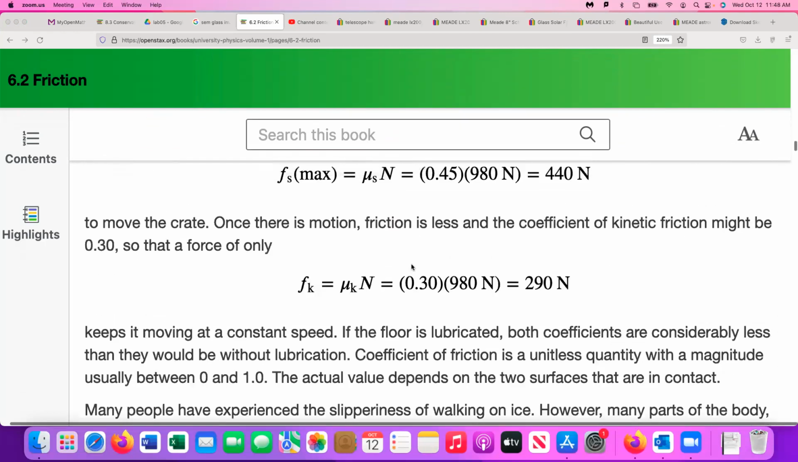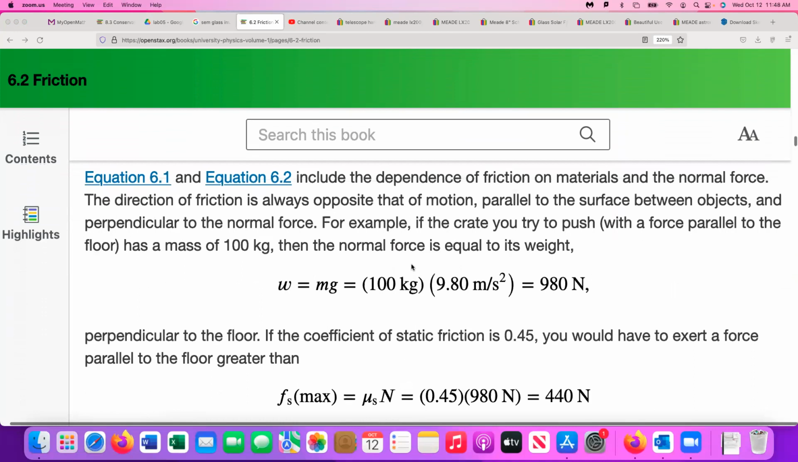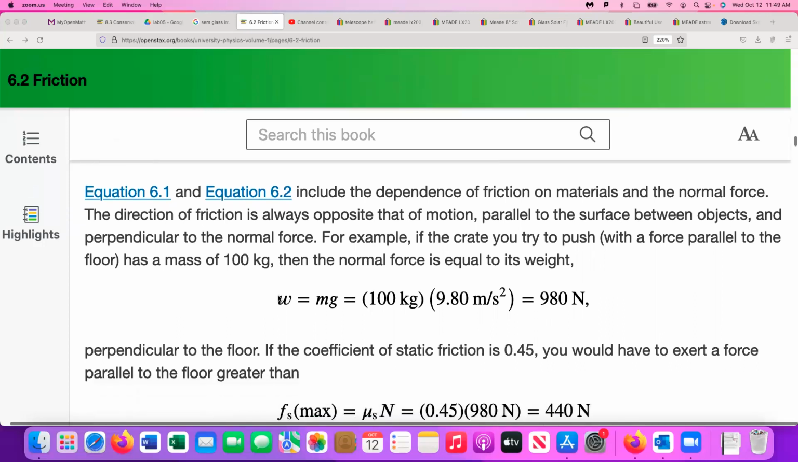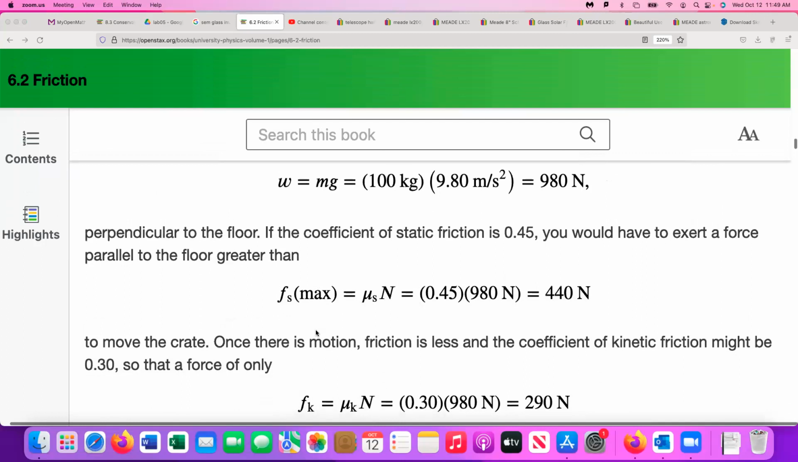So let's take a look at an example. Here we have an example. You're trying to push a crate. The crate has a mass of 100 kilograms, right? And so we calculate the weight of the crate to be 980 newtons, right? And we're trying to push the crate, but the static coefficient of friction with the crate,